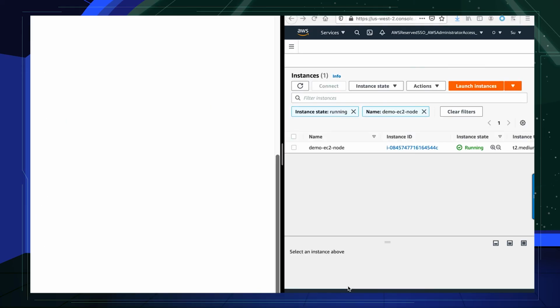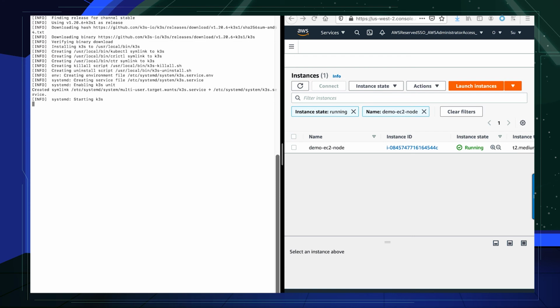So now I've already logged into the node itself. I'm going to run the command that I copied earlier to install K3s on that node. And what we will see is K3s be installed. And that was it. It's complete. K3s is now installed. Now what we'll do is